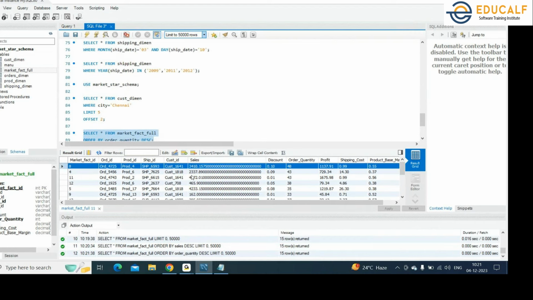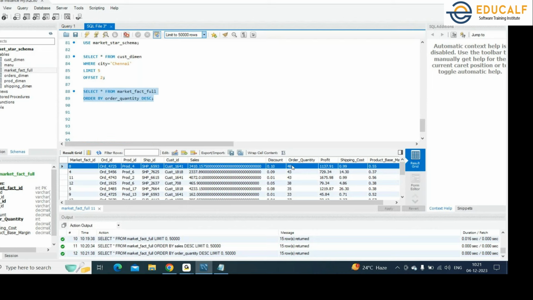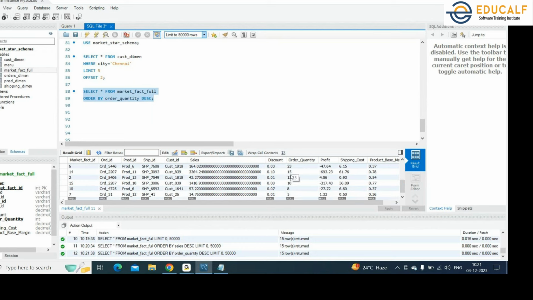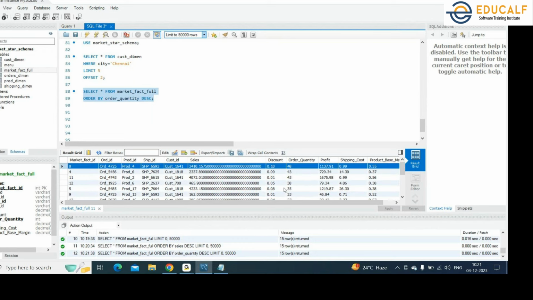And if you see, again sales value got random because you have been ordering it with the help of order quantity. So the order quantity column, if you observe, will be in descending order. So 48, 43, 43, 38, it all goes from highest to lowest values. If you suppose change it to ascending order,